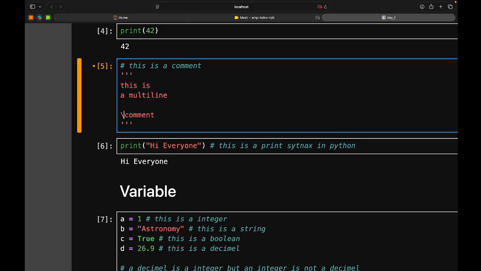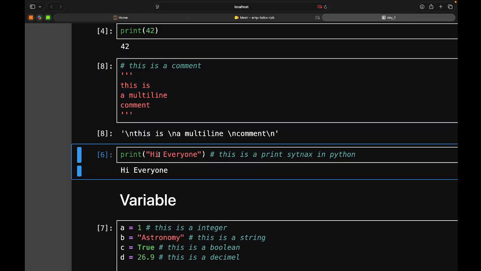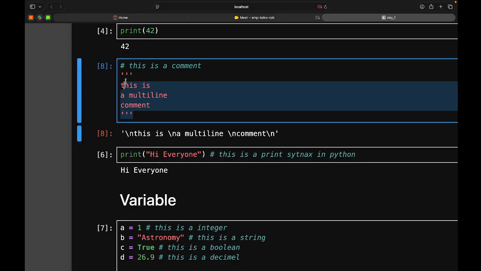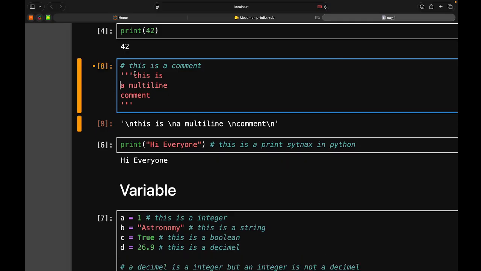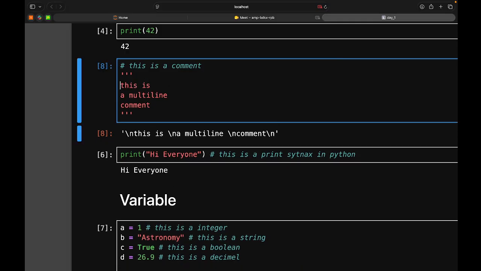However, I think this might not work in Jupyter notebook, but it works in VS Code. Actually, why this does not work in Jupyter notebook is that